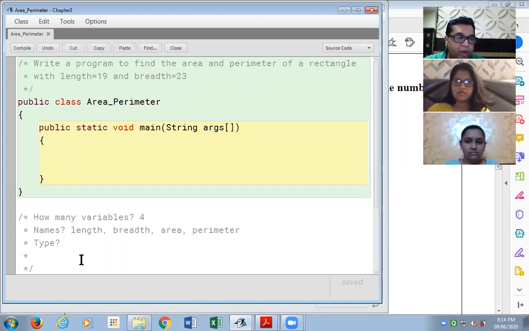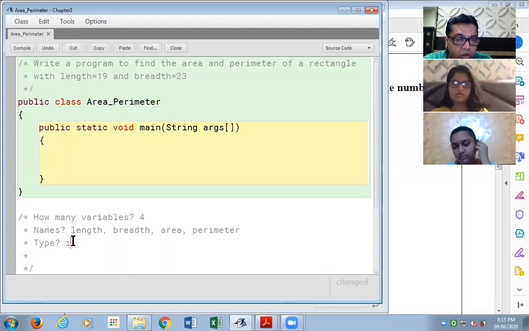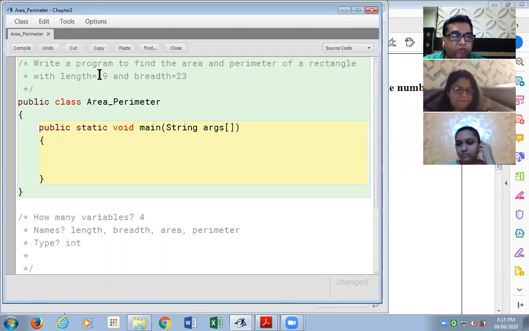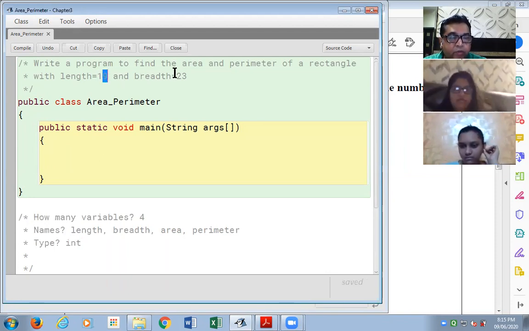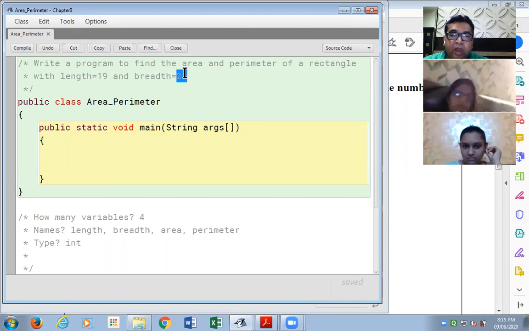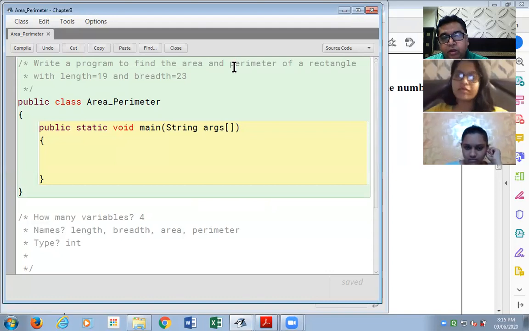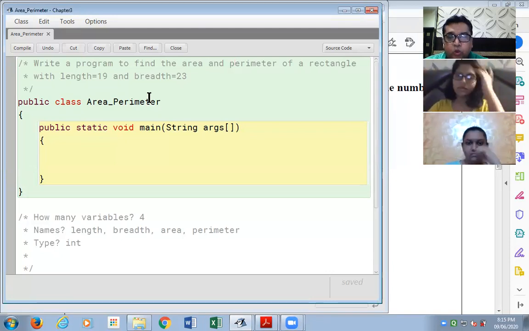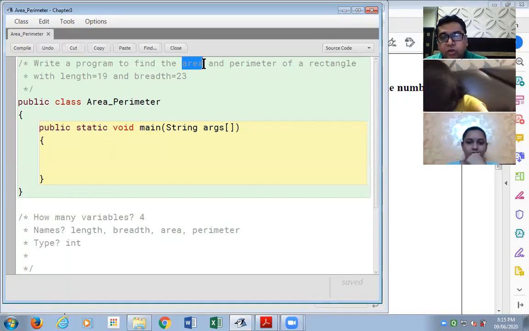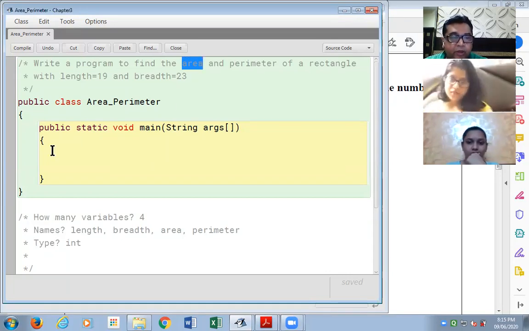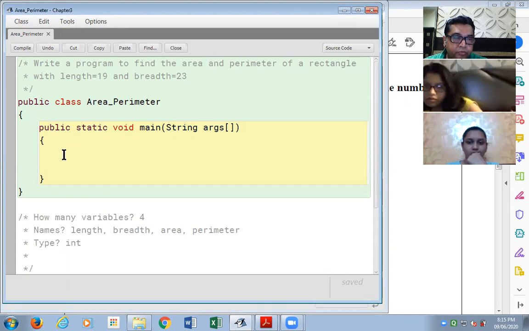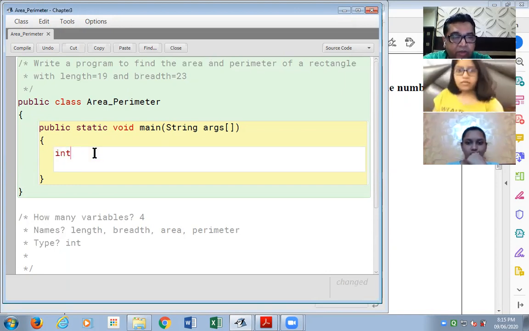Now, I was asking the type. The type is integer, because the value for length is 19, integer, the value for breadth is 23. And when we see the formulas for area and perimeter, they are also going to give me answers as integer values, whether it is area or perimeter. So I'm declaring my variables now.